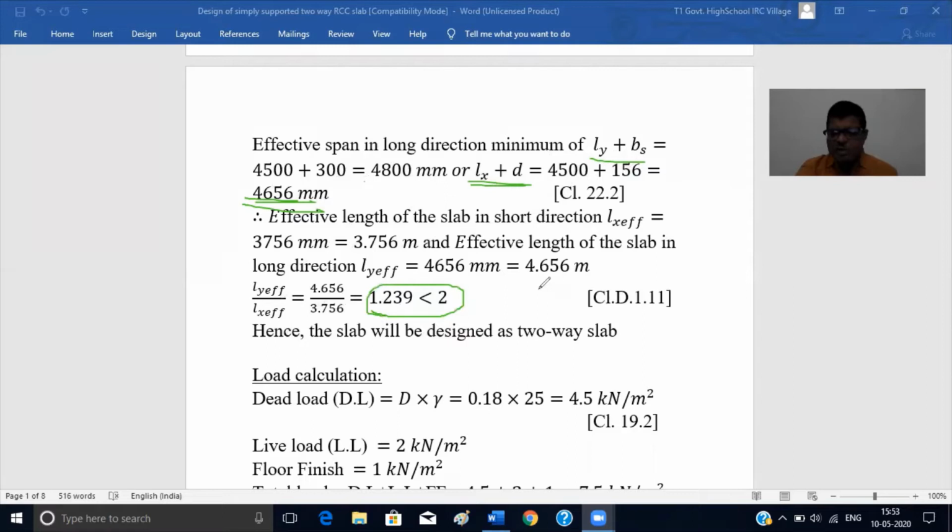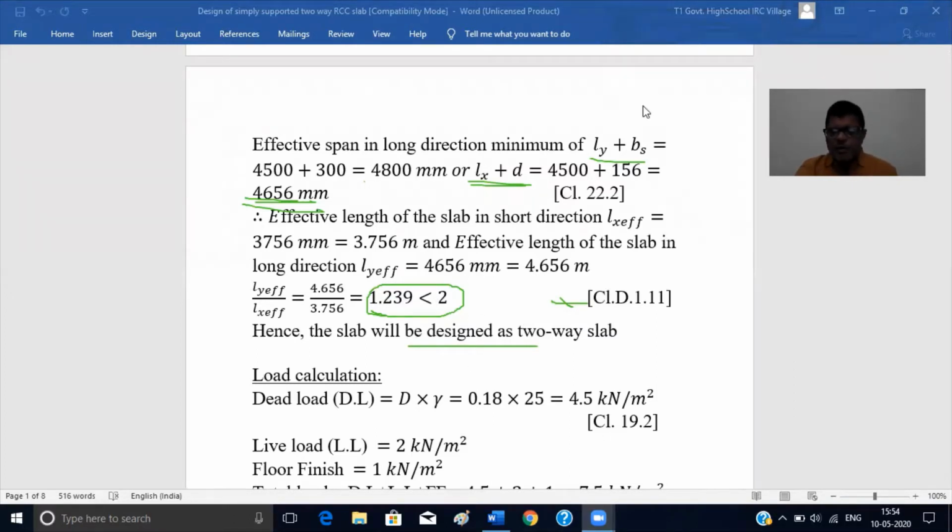If it is less than 2, as per Appendix D, you can see in Appendix D on page 93, 94, where this becomes less than 2, it will be designed as a two-way slab. So first you should confirm, if the question does not give whether it is a one-way slab or two-way slab. So first, the initial step is that you assume the overall depth, find the effective depth, then find the effective span in both directions, y direction and x direction. If the ratio is less than 2, that is called a two-way slab.